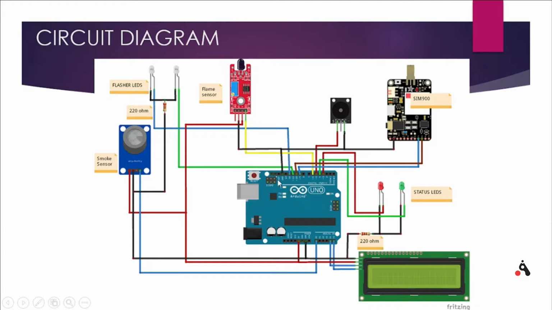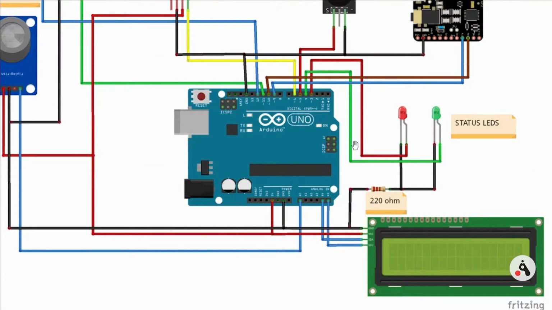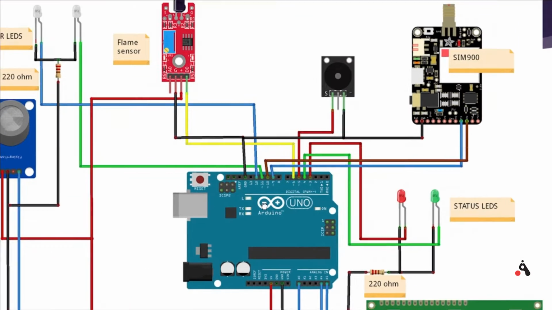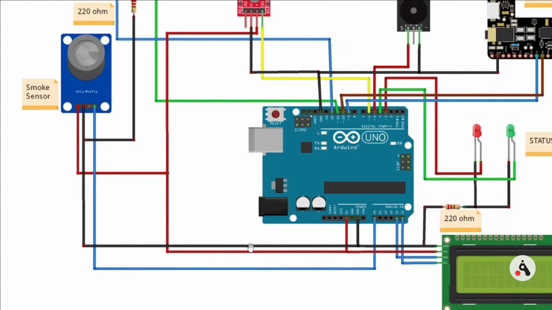So let me explain everything here. This LCD display, we have to zoom in more here. Okay, perfect. Now we can see easily that A4 is connected to pin SDA of this LCD display, and A5 is connected to SCL. And for this smoke sensor, we use one data pin, the analog pin. I haven't used the D0 pin, I have used the A0 pin of the smoke sensor, and it is connected to the A0 pin of Arduino Uno.